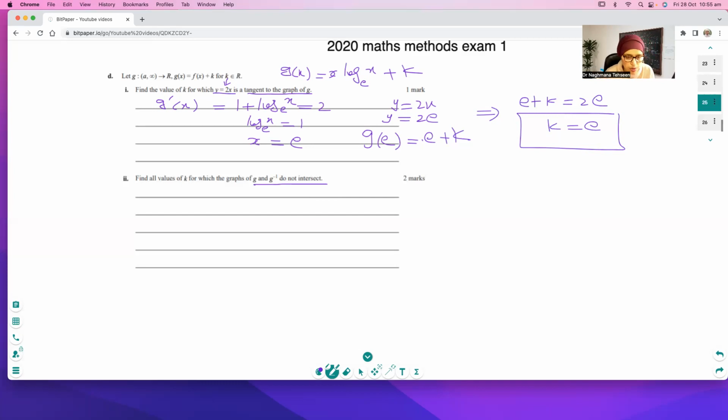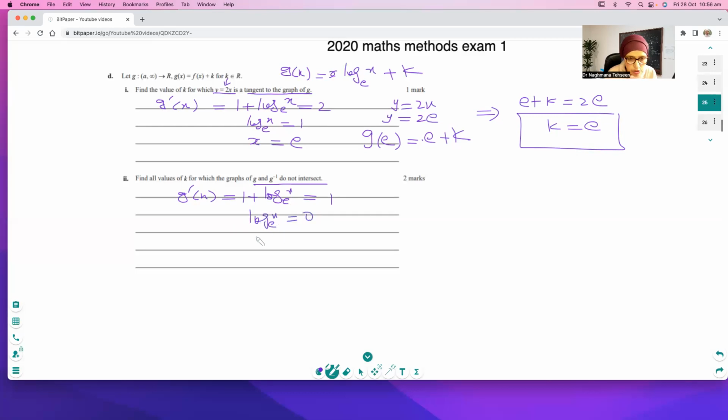One of the ways is, we just did that, g dash of x is what? 1 plus log e x, right? And we're saying if that is equal to 1,